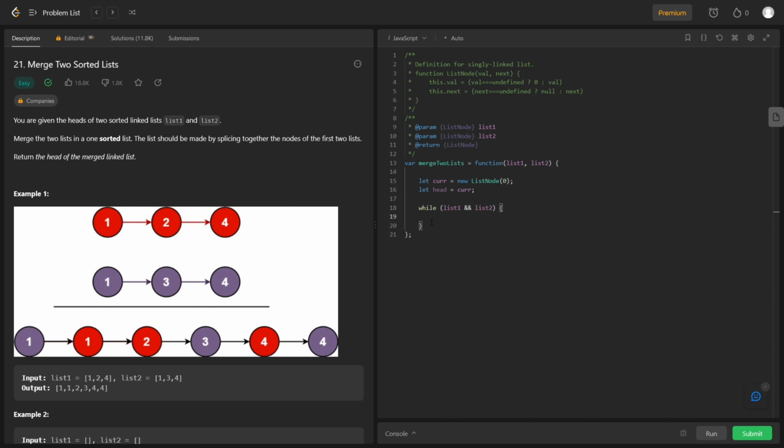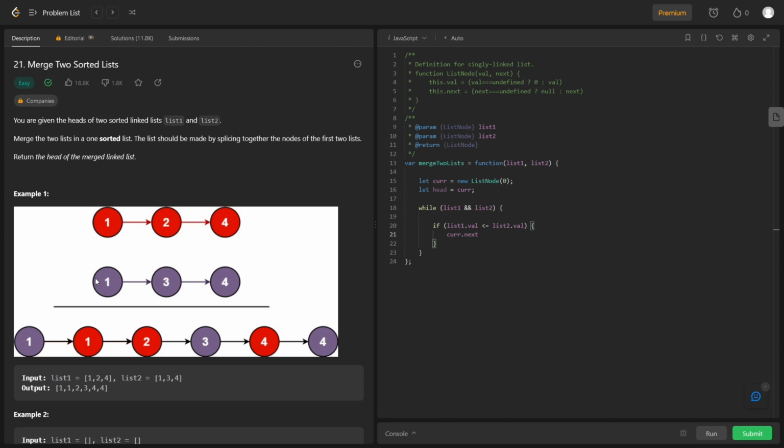As long as we have something in both lists, it's going to keep running. And if list1.val is less than list2.val, so it's going to compare the values, and then it's going to check,